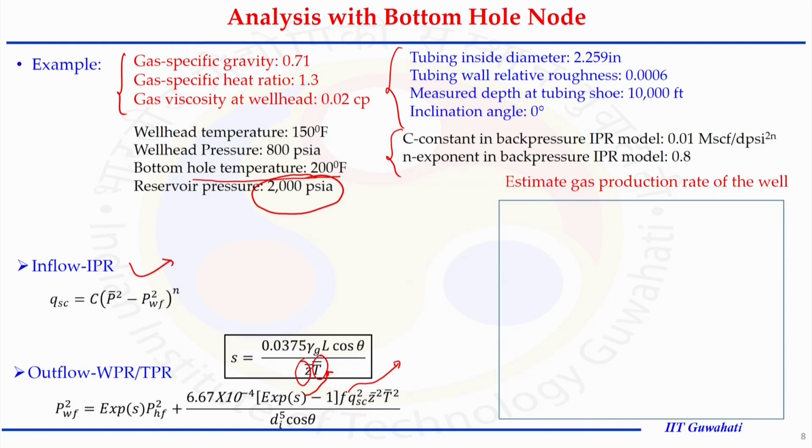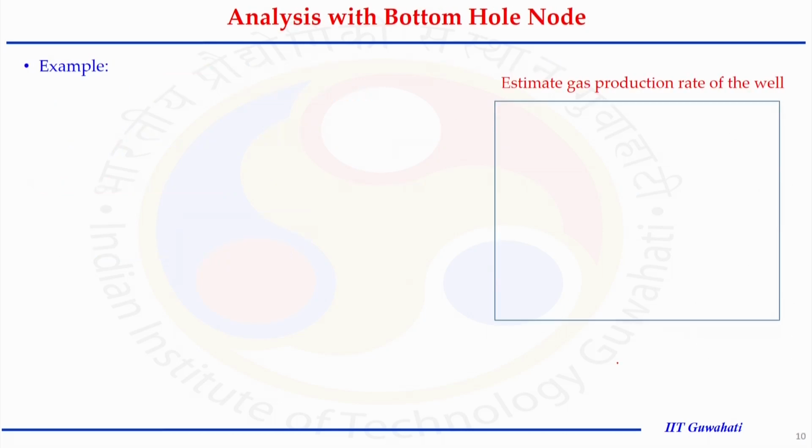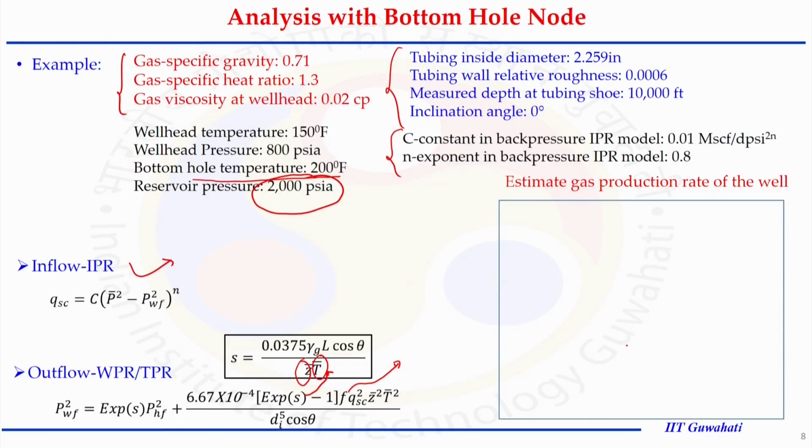So, what we can do is construct the inflow curve here, and the outflow curve with the help of the second equation. And when we do this, let us see what we are going to get. From this equation for the IPR, we can simply say QSC is related to pressure in this form, and there will be a situation when my PWF is, so this is my PWF, this is my flow rate Q. So, when my PWF is 0, I am having the maximum flow rate.